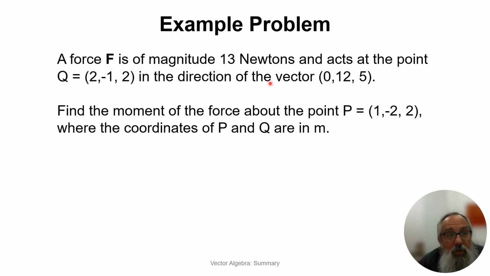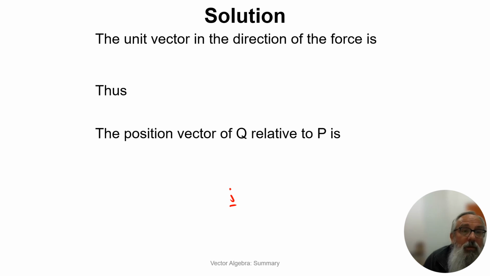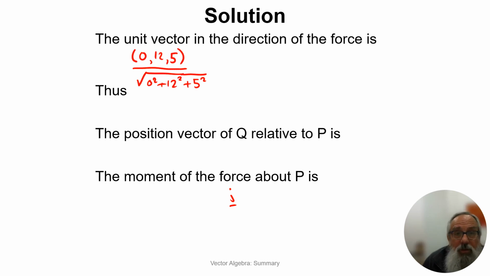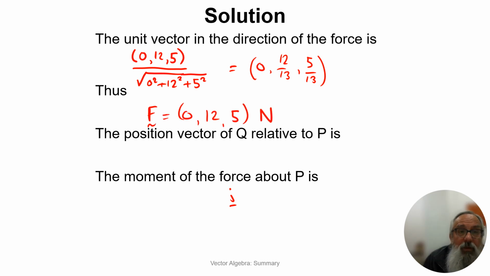So the first thing we need to do is convert this 13 and the vector into a vector format. So find the moment of the force about point P (1, 2, 1), (2, 1). So we're going to have to find the relative position of Q and P. The unit vector in the direction of the force is just the force divided by the magnitude, the vector divided by the magnitude. Thus the force vector is